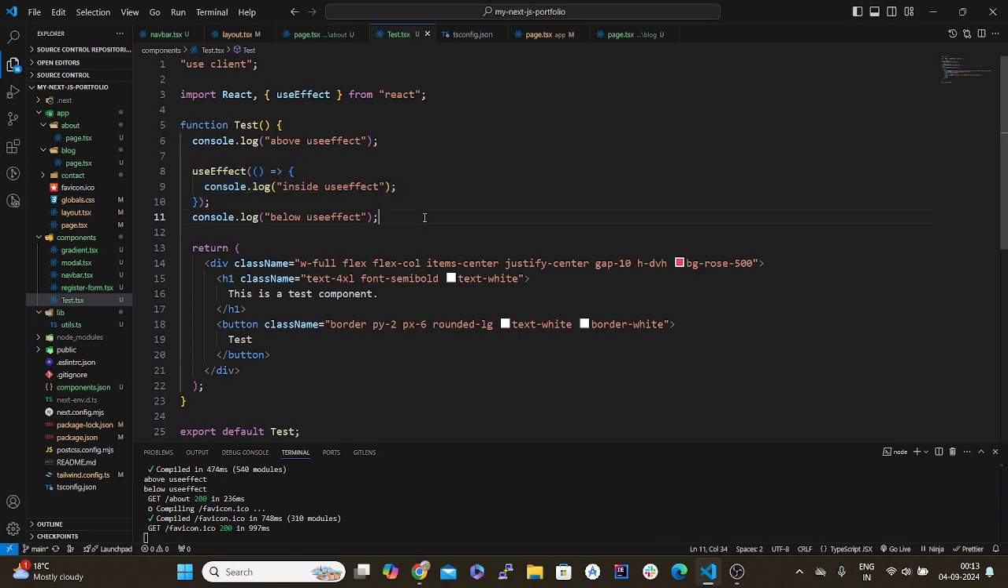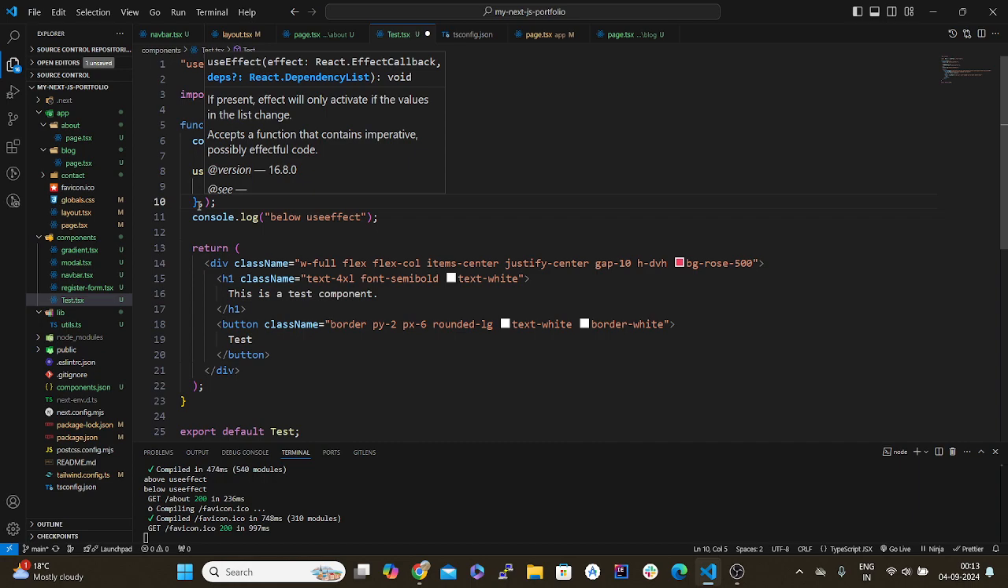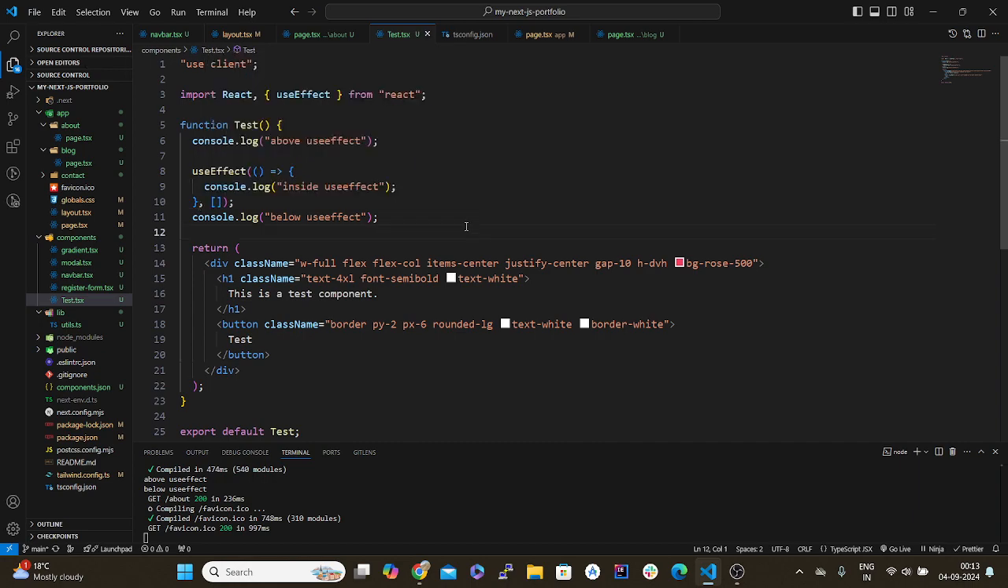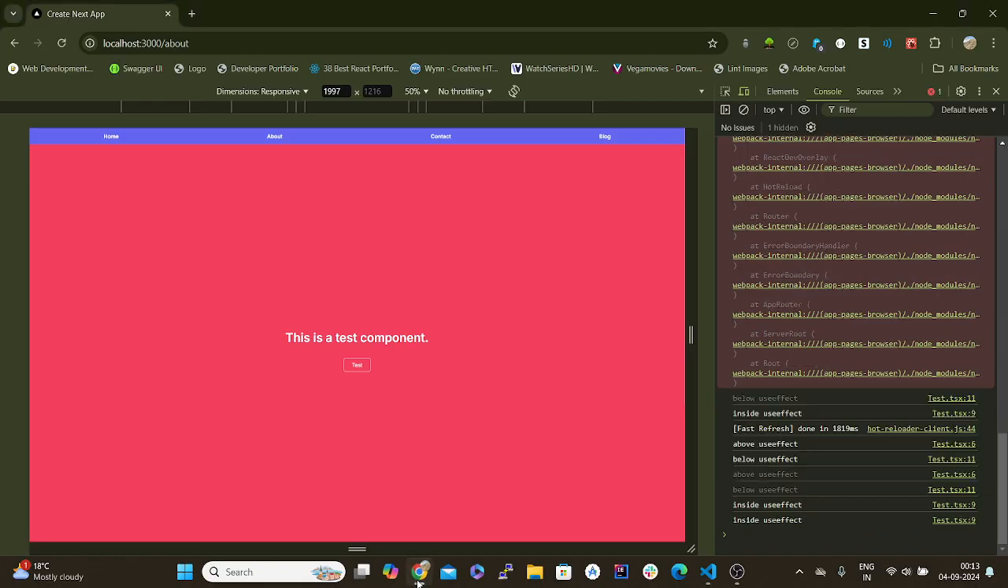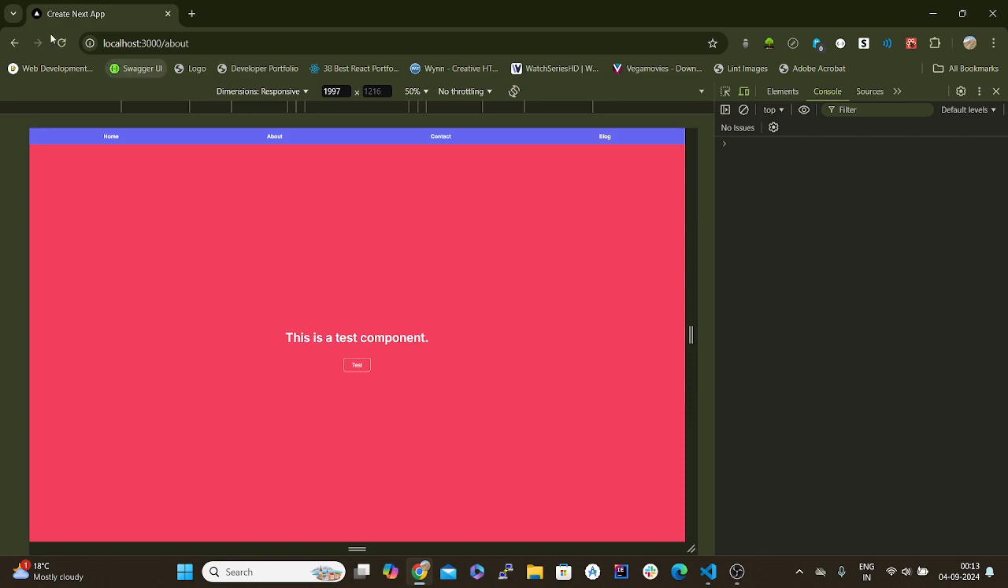So let's see what the dependency array does to the useEffect. So if I put a dependency array here and go to the console again, let me clear this. If I refresh, the component is rendered again, and you can see there is no change. But if anything